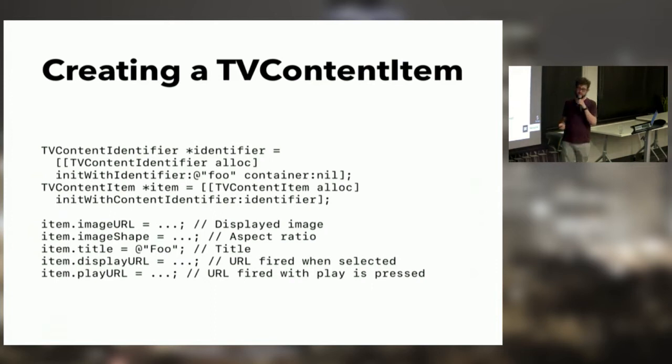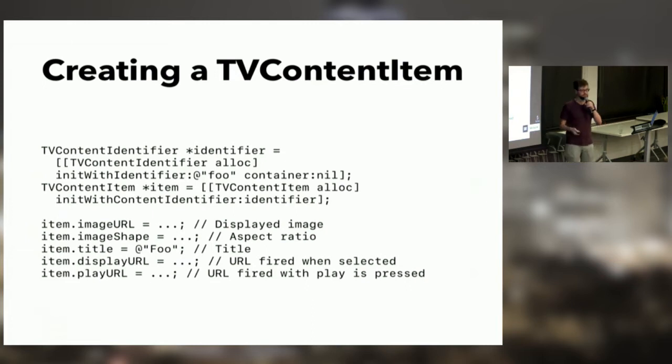And then there's two URLs you specify. These actually use app URL schemes, basically. If you don't know anything about app URL schemes, I recommend watching my other talk at NSMeetup from this past February. I go really in depth on that. But you specify two URLs that your app receives. One of these is for when an item in the top shelf is focused and the user taps the select button on it, it launches into that. So for an example of movies, if a user focuses on a movie and clicks, it should probably go to a summary of the movie. I think that's actually what the tvOS Movies app does.